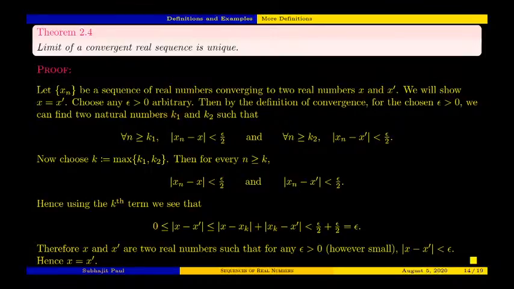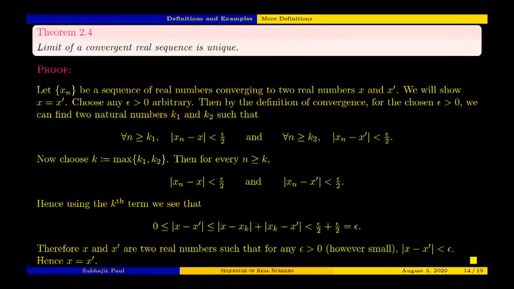two real numbers, x and x dashed. We will show that x is same as x dash, that is, the limits are same. Now choose any epsilon positive, arbitrary. Then by definition of convergence, for the chosen epsilon positive, we can find two natural numbers k1 and k2, such